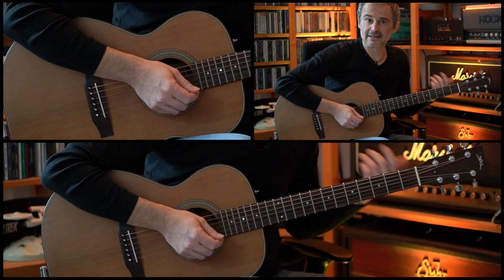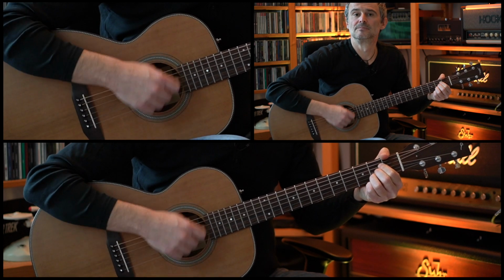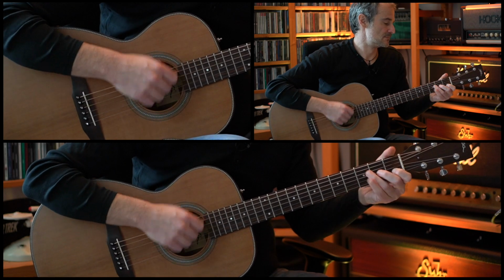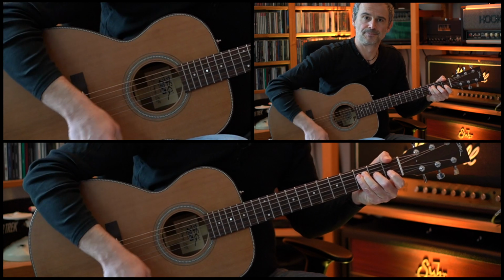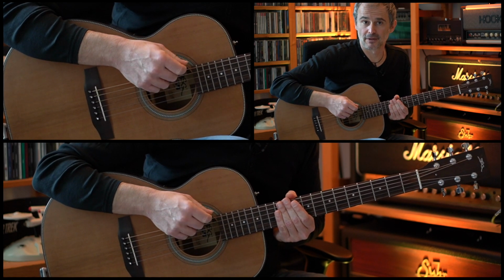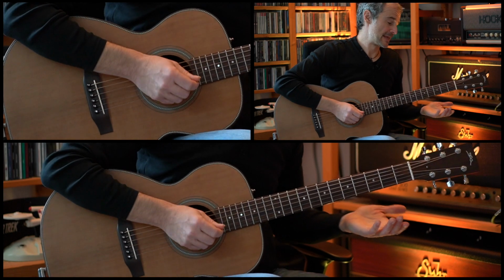So the complete intro section. And this complete part is repeated as an intro of the song and also played 2 times for the verse part. After this first verse there's a chorus section, and the chorus uses the same strumming pattern and it starts